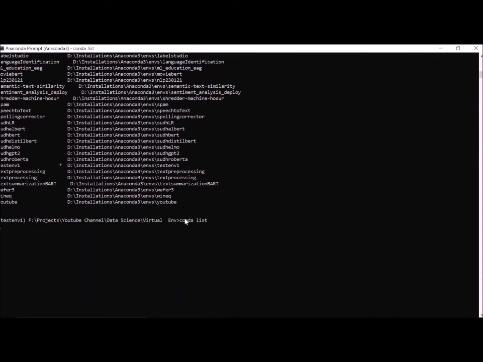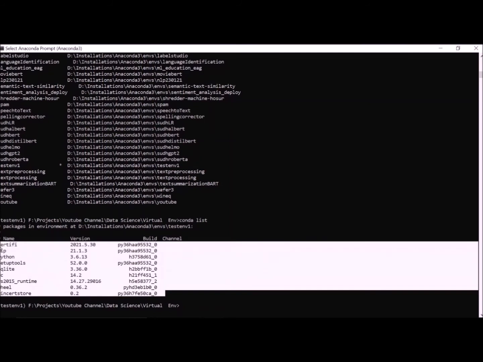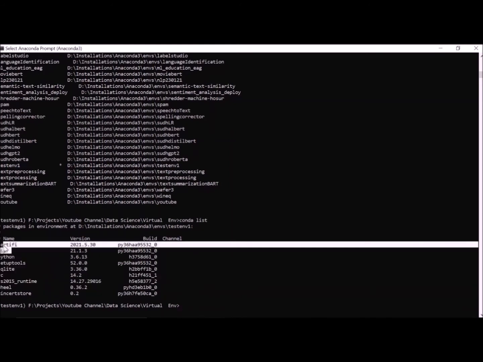Okay, using this command, you can see all these libraries are installed. This one we have installed Python because I gave Python 3.6. It installed Python 3.6.13, the latest version of 3.6, and all these are default prerequisite libraries, so it will install along with it.